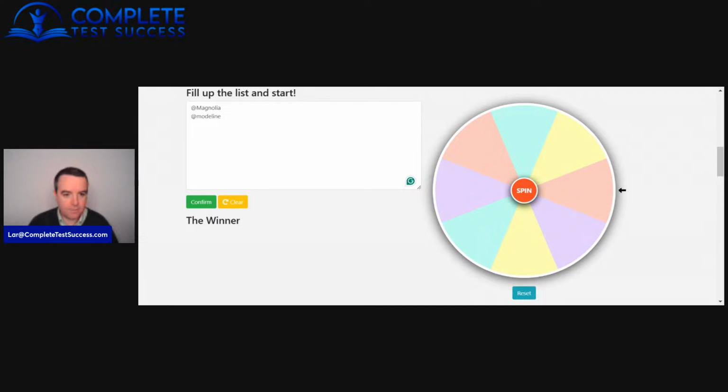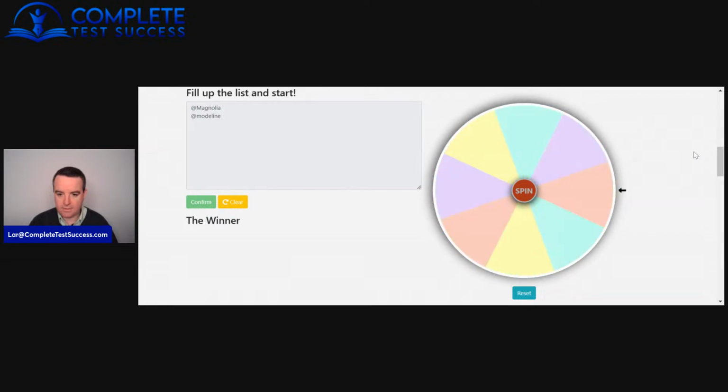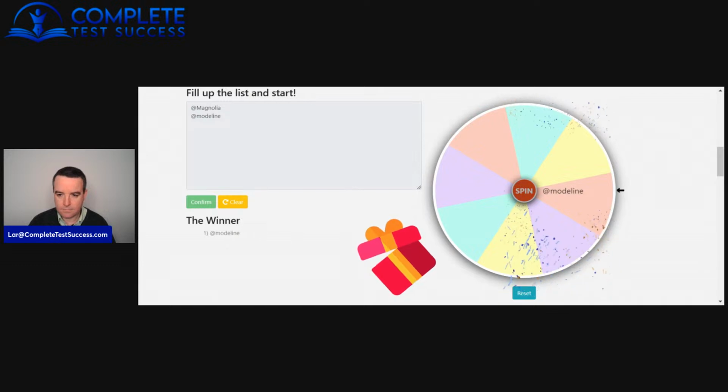Okay, so first step is to choose the winner. And I'll just spin this wheel. Okay, so the winner is Madeline, who's actually a member of my course already. So I work quite closely with Madeline. So well done, Madeline. We'll get a look at your letter here now. I just need a moment to copy it over to the document. Then I'll share that and we'll go through it.